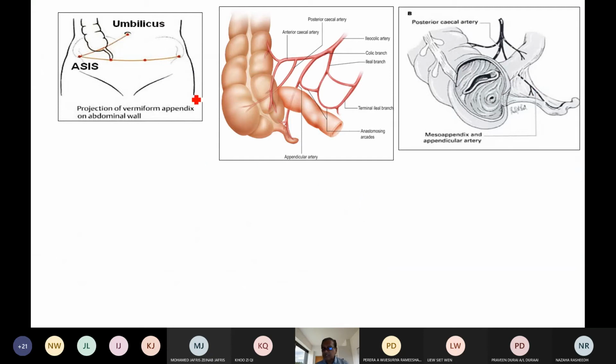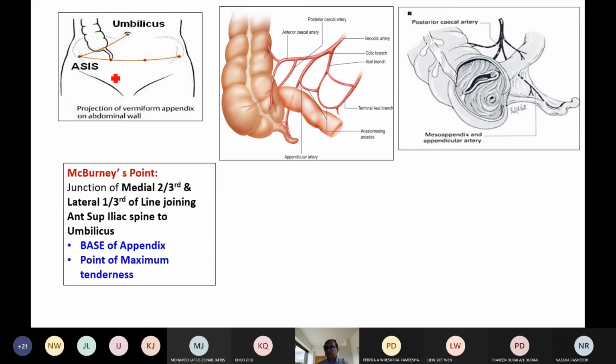Here we already noted that there is a diagnostic importance of appendicitis in clinical skills, particularly your OSCE. They will give you a patient, a 13-year-old female complaining of nausea, a slight fever, vomiting, and pain over the right lower abdomen. So you have to locate it. The location is McBurney's point.